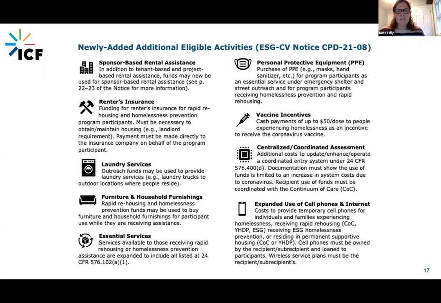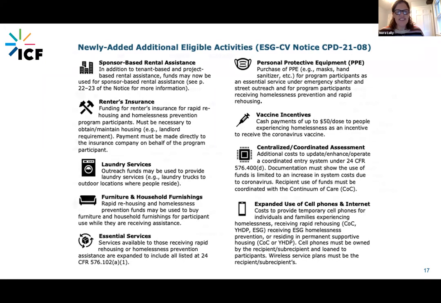The costs of centralized or coordinated assessment are also specifically eligible under ESG, as is using cell phones and internet as a cost that a program can carry, and then allow participants to use the cell phones and also the associated internet services.